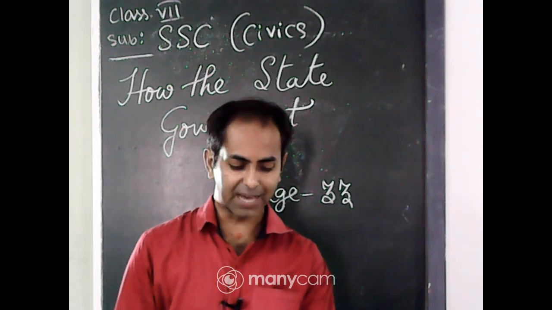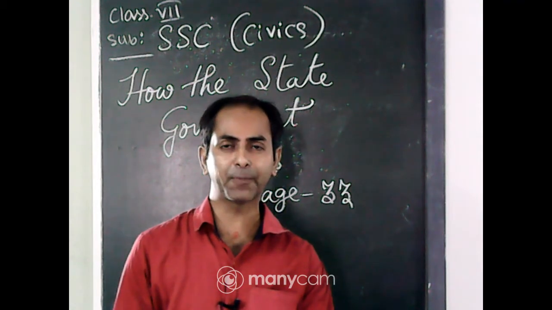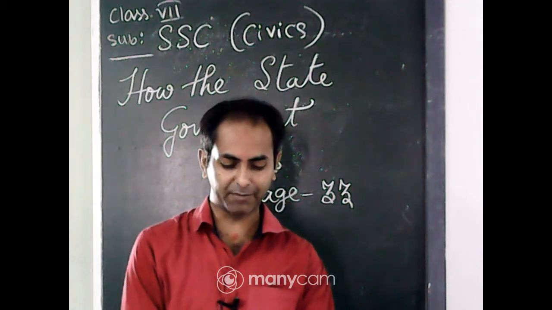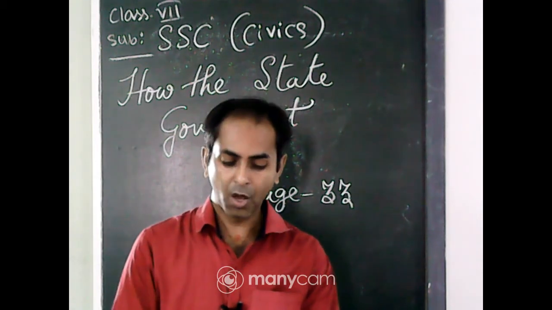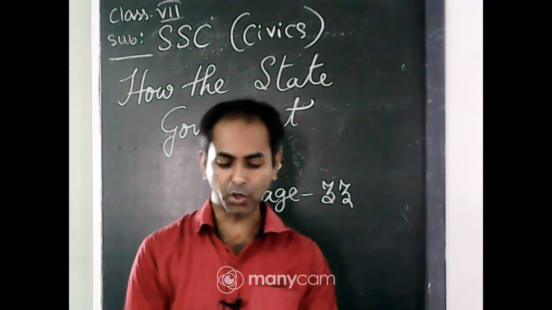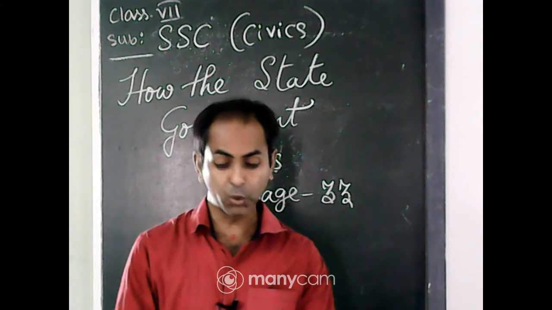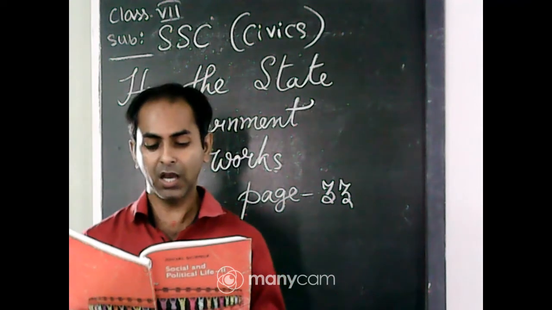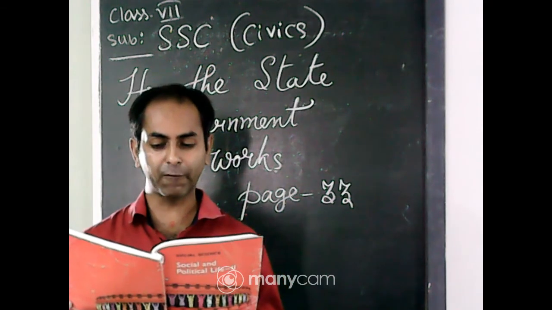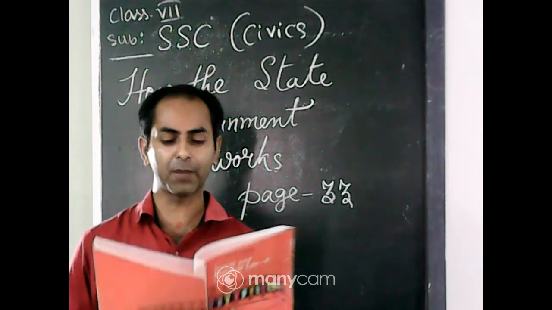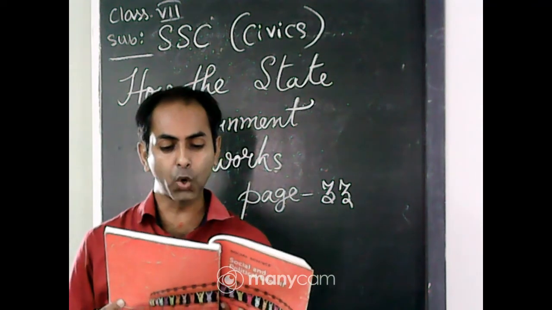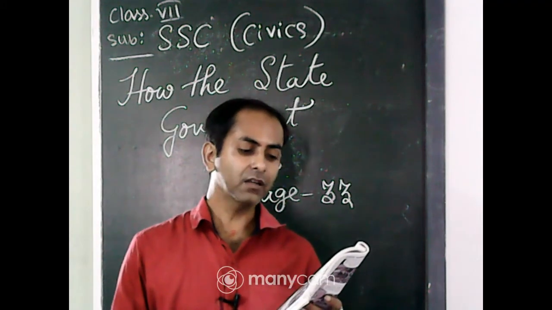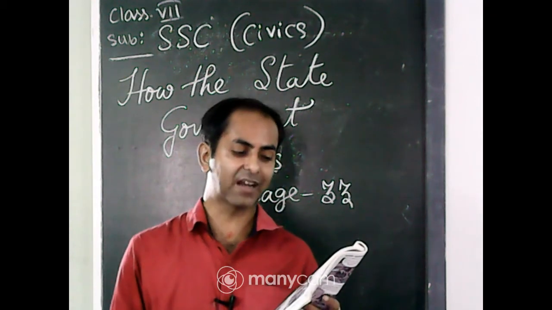So, we have started the chapter How the State Government Works in our previous class. Today we will proceed with the next part of the chapter, and before this, let us just recapitulate what we have seen. The chapter opens with a short story, Whose Responsibility. There we have come to know that two girls were discussing that there is a shortage of water and some people are suffering from diarrhea, and they saw that a road is blocked due to a rally where the MLA's residence was gheraoed.